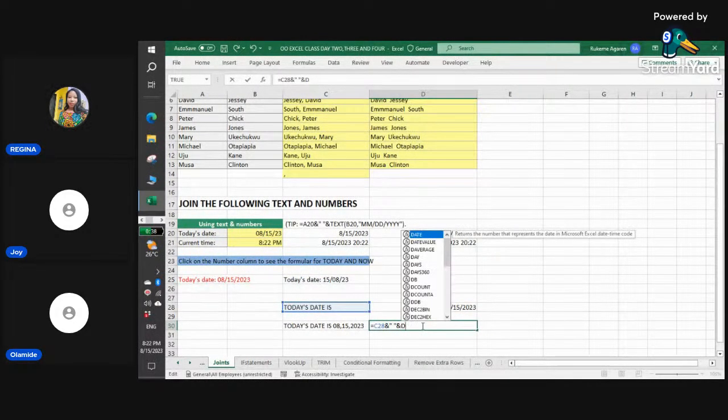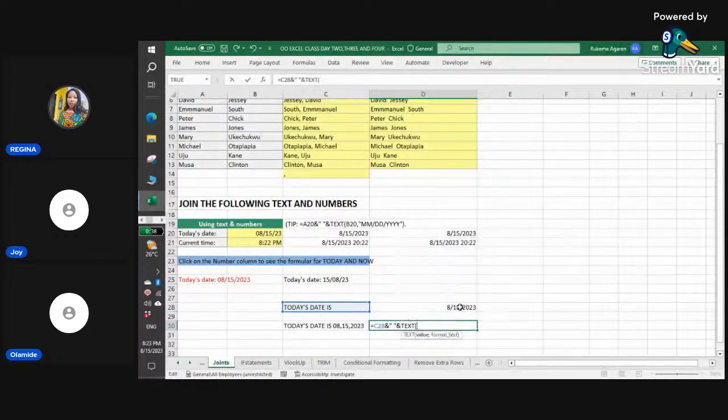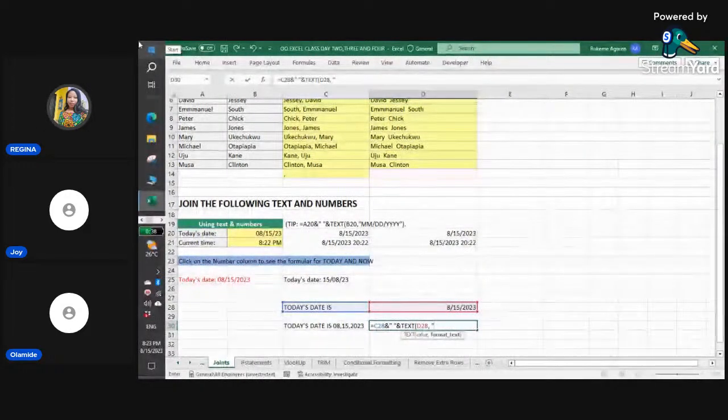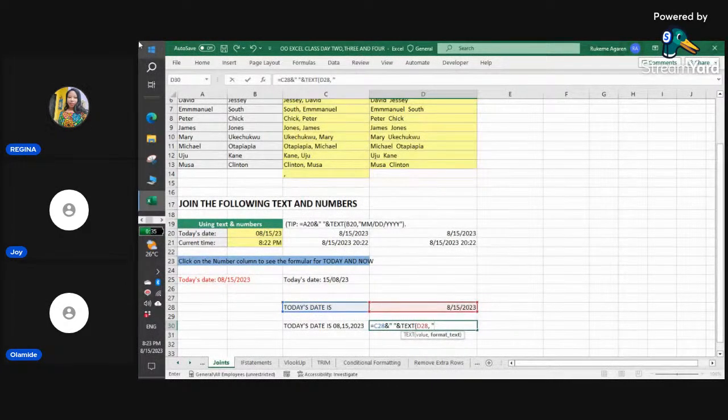So after putting the and, like assuming we want to do Mary Ukechukwu, something like that, I would call on the text command in Excel. So text practically converts a value to text in a specific number format. So I'll say text. After saying text, I will now select the cell that has the date. When I'm done with that, I will put a comma, space, open quotation mark. Now I want to tell Excel exactly how to show me that date. You know, my system shows months before date. I want Excel to show me date before months. So I will do date,